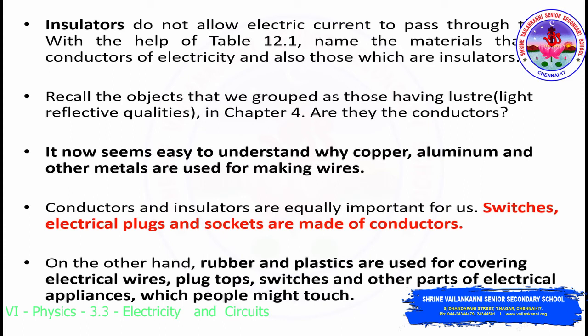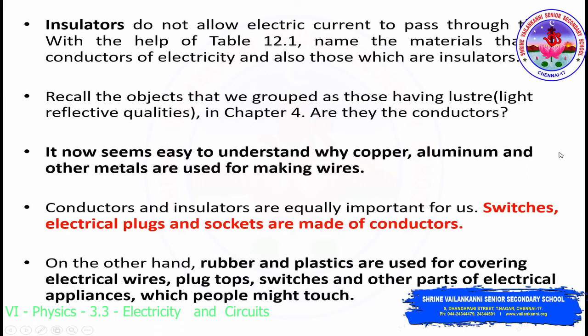And when it comes to insulators, what are the other applications you can consider? As an example, you can consider the rubber and plastics, which are used for covering the electrical wires. Most of the wires are covered with a plastic coating. Have you ever seen? Those plastics are used as the outer covering of the electrical wires, and then switchboards are made up of plastic, as are other parts of electrical appliances. So all these things are considered insulators, which will not allow the electric current to pass through them to the outside. So for safety purposes, they make use of plastics and rubber as the outer covering.